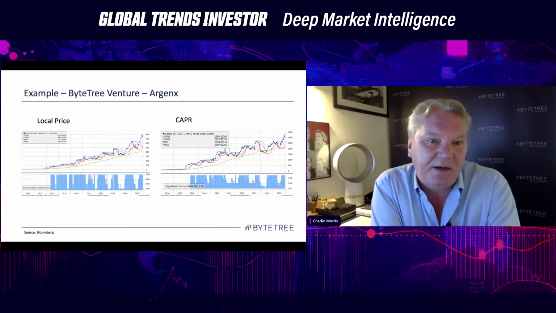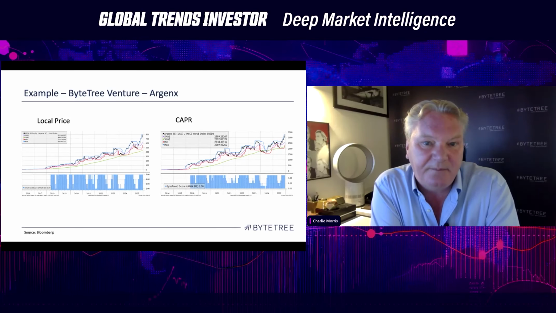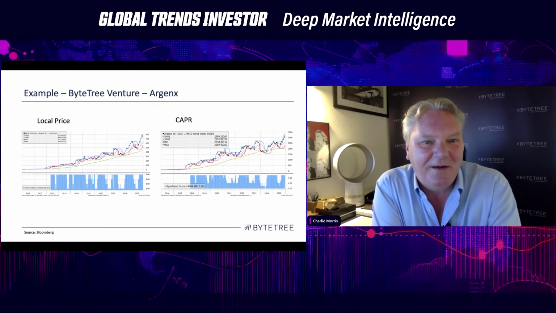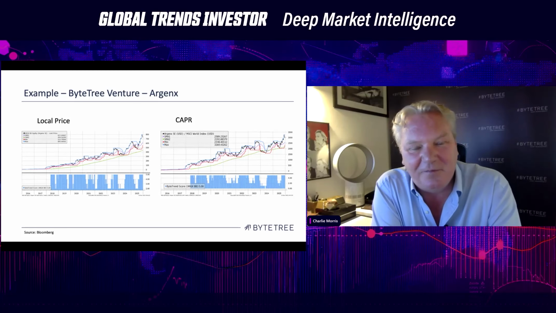And RGX is a very high growth company based in Belgium, or listed in Belgium anyway. And you can see that the stock price chart in euros is approximately the same as the CAPR chart. The reason they look so similar is because they're a very high alpha situation. High alpha stocks kind of ignore the world index, saying, well, that thing doesn't go anywhere compared to what we do. And so the alpha chart starts to reflect the share price itself. But nonetheless, a very good signal we've picked up on.